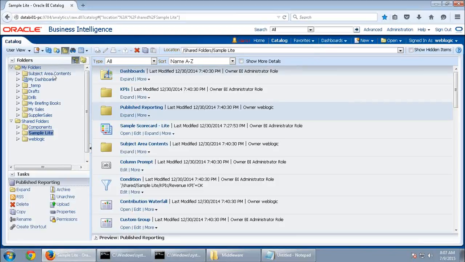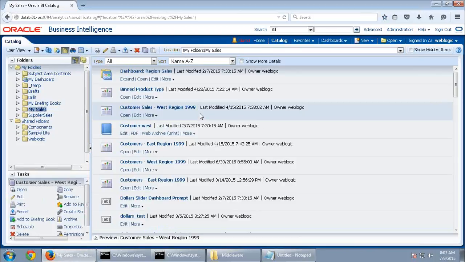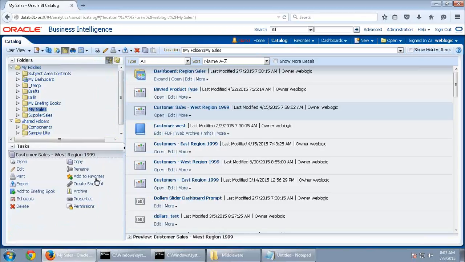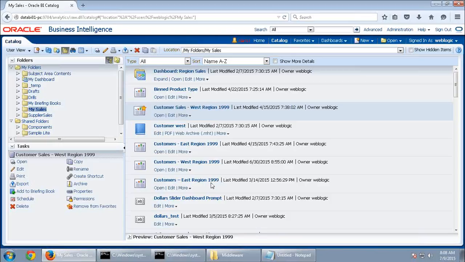Suppose I go to my folders, my sales. I want customer West Region 1999 as a favorite. On the left hand side, do you see an option called add to favorites? Or click on more, you have something called add to favorites. So just click on this.